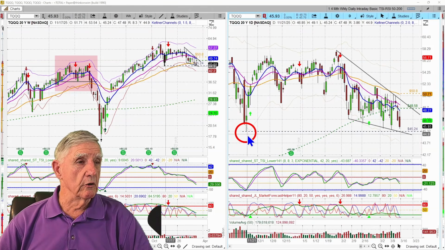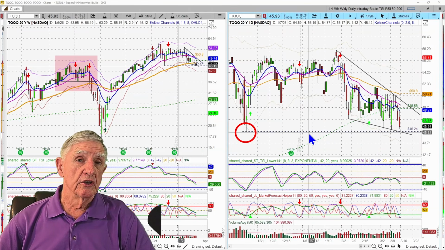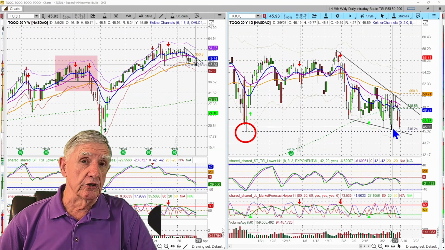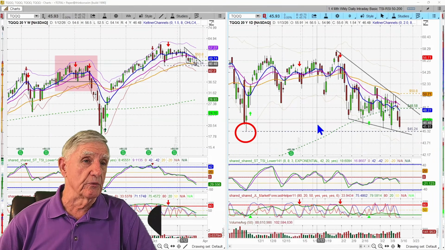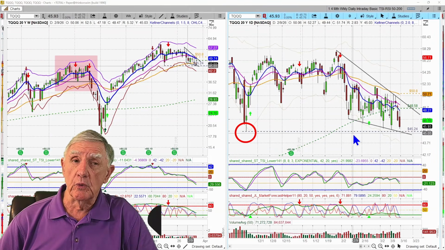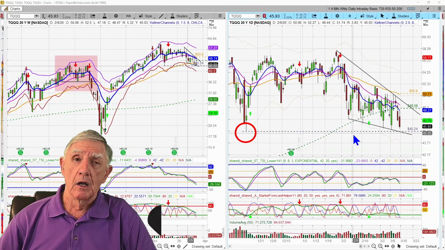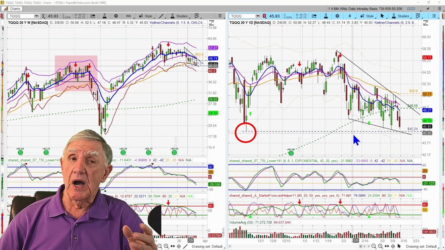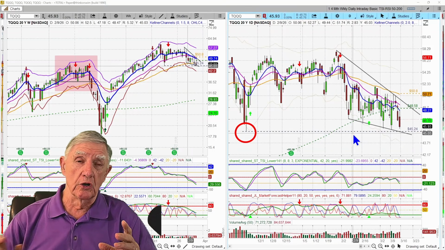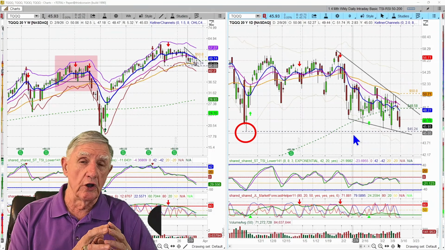Okay, right here is where most traders would say the support exists on TQQQ. This is Friday's candlestick, and it looks like it's pushing down towards that support at 45.24. Well, let me ask you something. Are you looking at just the leverage chart? Well, possibly the real structure is over on the chart of